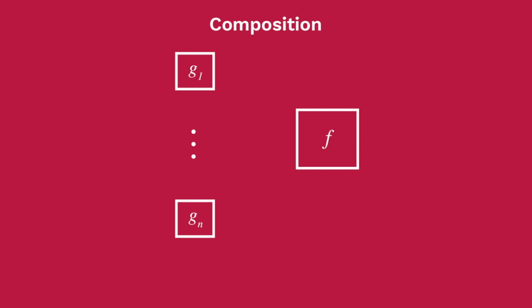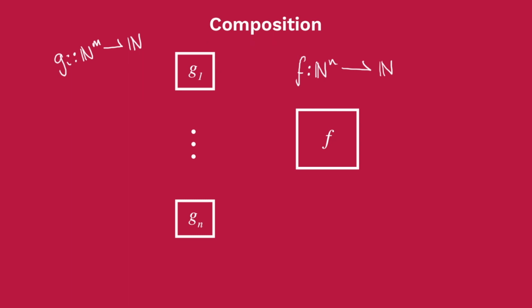Composition composes an f, which is a function of our choosing, which takes n inputs and gives us a single output in return. Then we also have n other functions. We're going to call them our g functions, where each of them takes, let's say, m inputs and gives us a single output in return. Notice here that we have as many g functions as we do have inputs to f, and that's important because